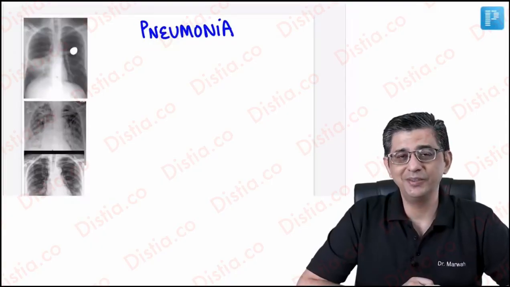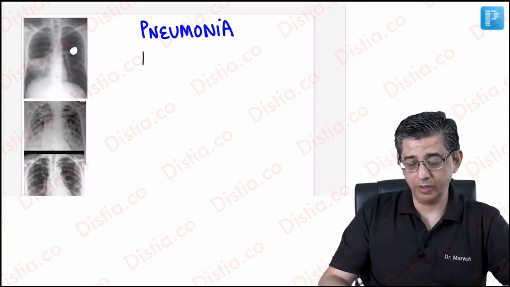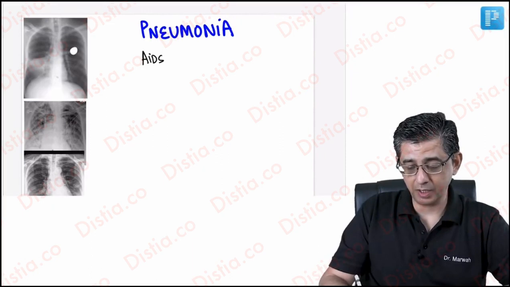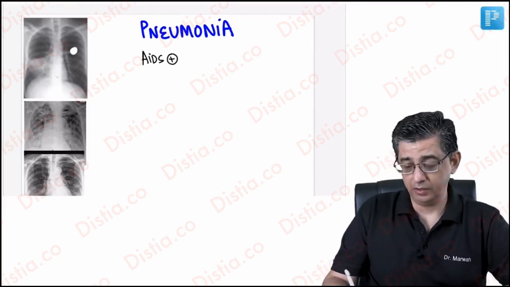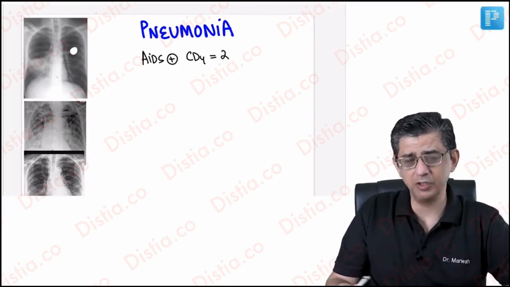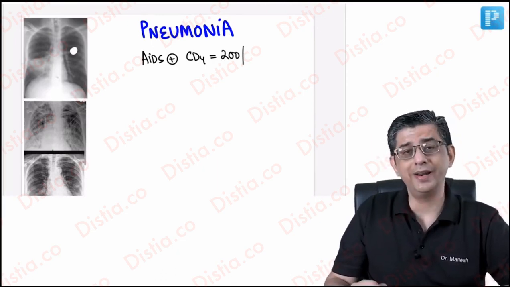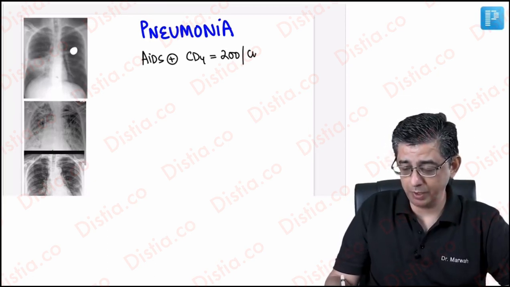Hey guys, welcome back. The topic we're going to study now is pneumonia. The first and foremost thing that I would like to highlight is that if a question begins by describing an AIDS positive patient with a low CD4 count, where normal is in the range of about 800 to 1200 cells per cubic millimeter, here it is outrageously low, 200 cells per cubic millimeter,